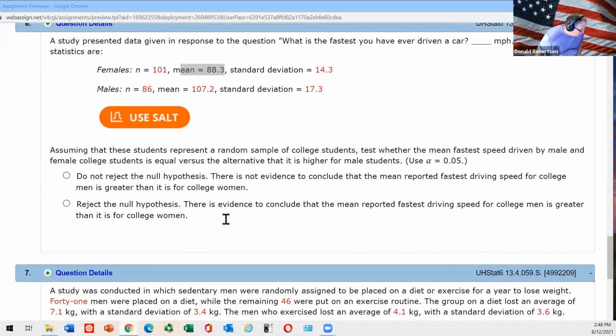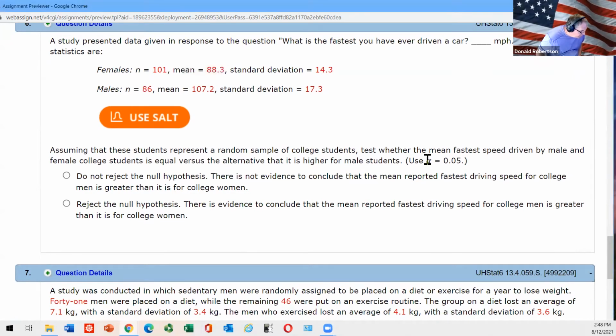So we are going to use a significance level of 0.05, and we're going to end up with only one answer, one of these two. Everything that we're going to do is inside that, and when we pop out of it, we'll be able to say, do not reject the null or reject the null. Now, we reject the null if the p-value is less than 0.05. That's the test. If the p-value is less than the significance level of 0.05, you will reject H naught,